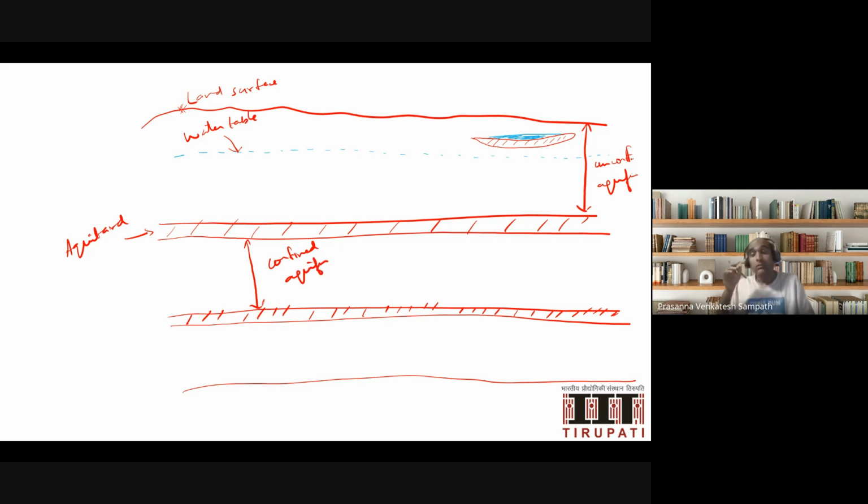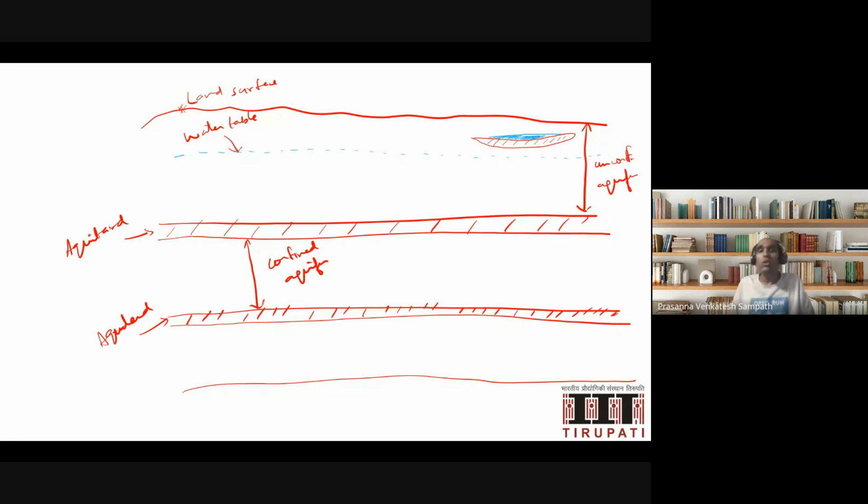Now, a confined aquifer typically must have a confining unit both above and below it. So in this case, I have this aquitard above it. There's one more aquitard maybe below it. Okay, so there's an aquitard above and an aquitard below. And this aquifer unit that is present between these two aquitards, we refer to it as a